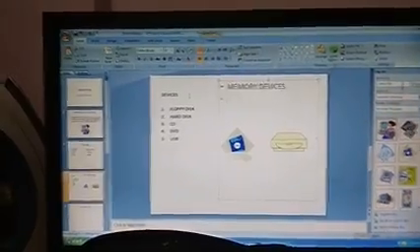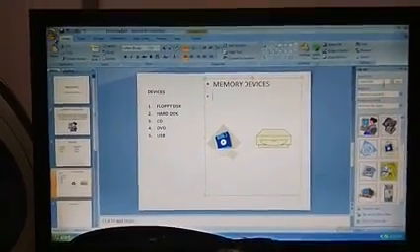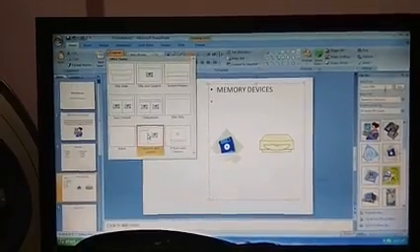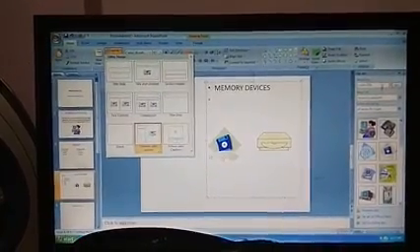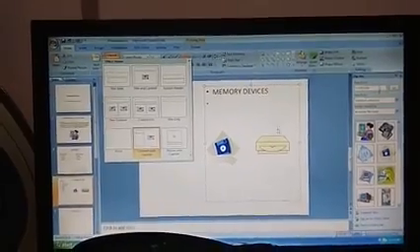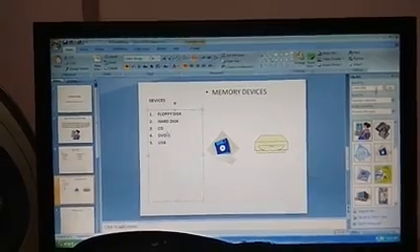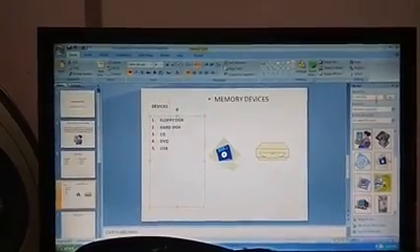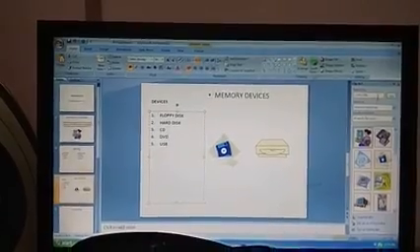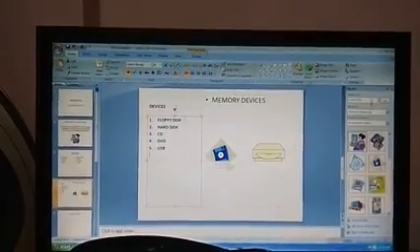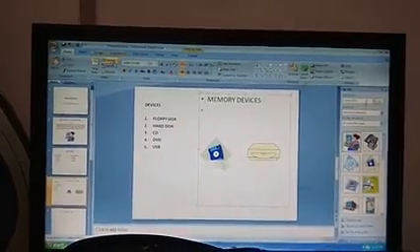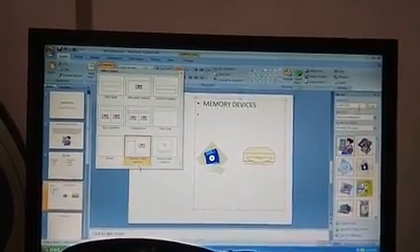Even if you are observing, this is a slide which is similar to the content with caption option, where you have one location for a picture, and on this side you are able to write the devices, here floppy, that is, different types of devices over here. Okay, you are observing we have three sections. This is one different type of slide. The name of the slide is content with caption slide.